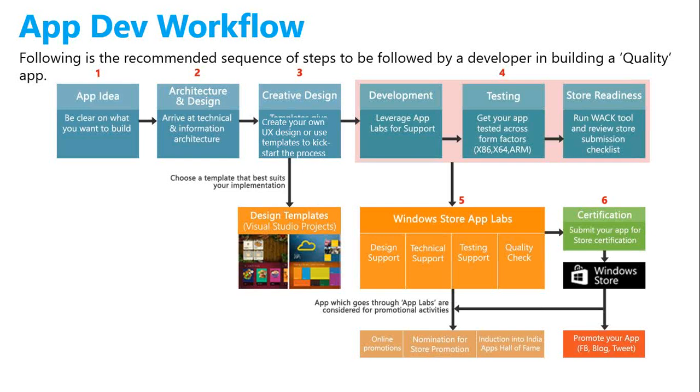The second part is that we need to understand the architectural design. We need to understand the information architecture to get started, to have a proper flow of the app, and to incorporate all the use case scenarios of our app. Followed by which, we go to the next step of creative design. Once you are done with these 3 steps, after that we delve into development and testing.